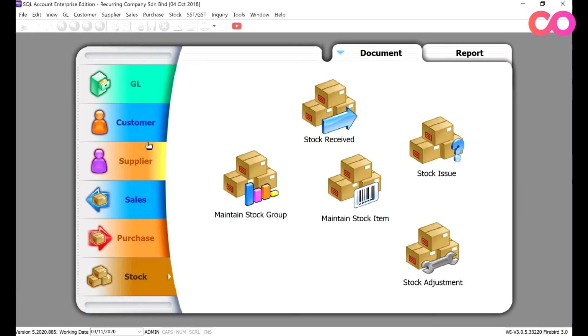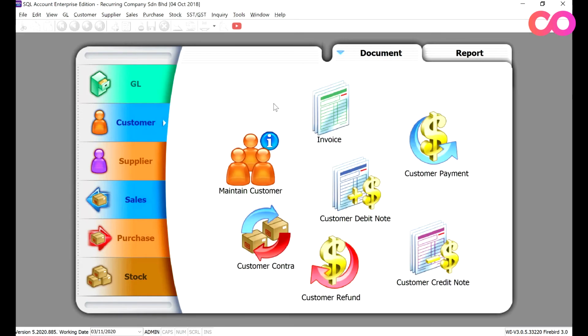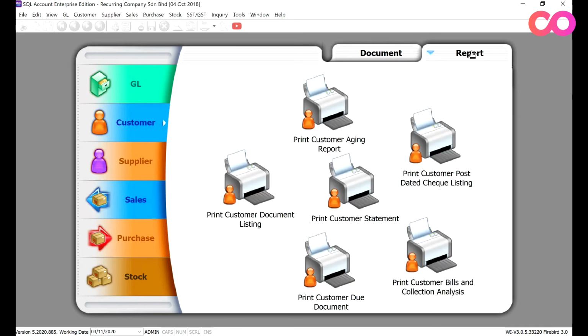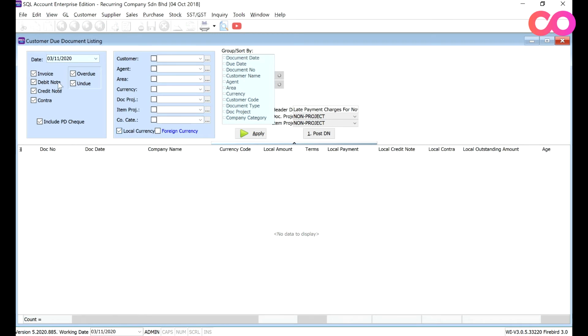Alright, so now to calculate what's the late interest charges, we need to come here to customer, we need to come to reporting here, we need to come to print customer due document report. So from here we can say, okay, we want to charge interest as of 31st of October. We only want to charge interest on invoice. We do not want to charge on credit note and contra notes,